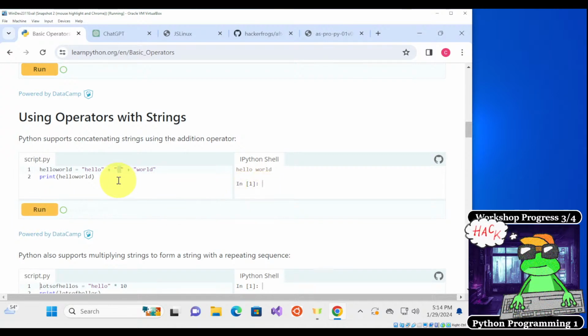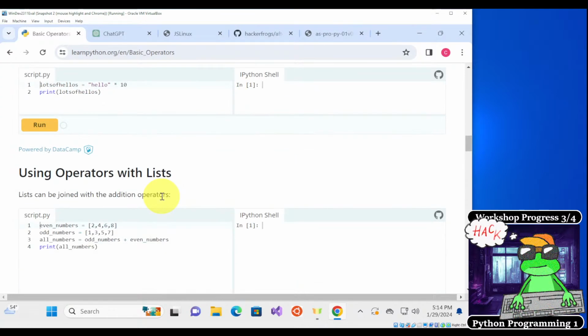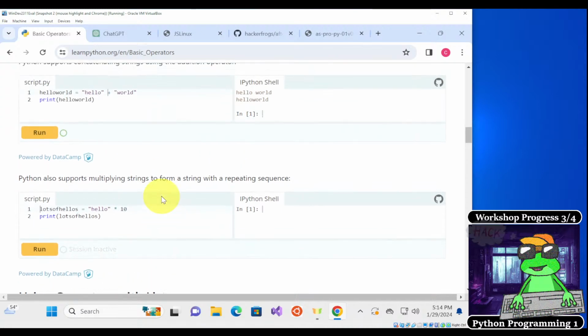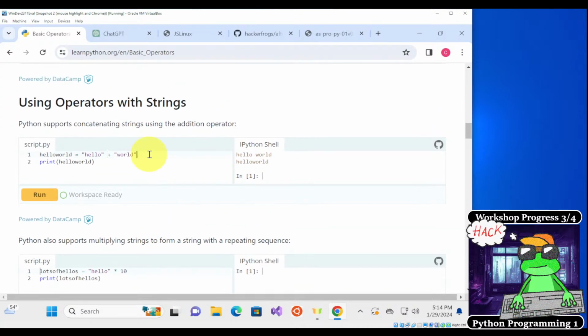It says hello world, but if we don't add the space, then it's just going to be helloworld all squished together, like this. But if we want a space in between, then we need to add a space ourselves manually, just like this.